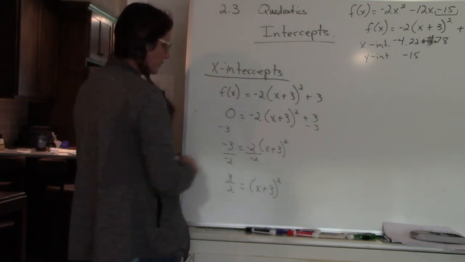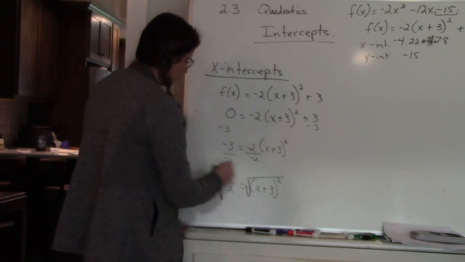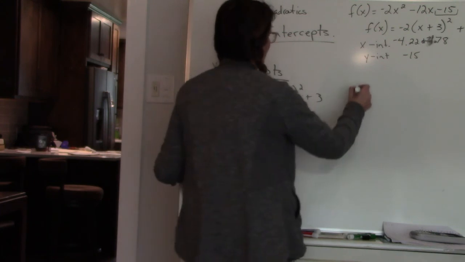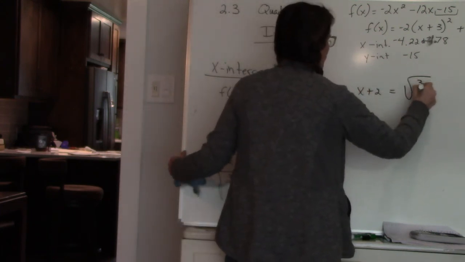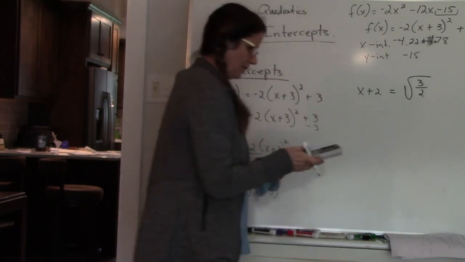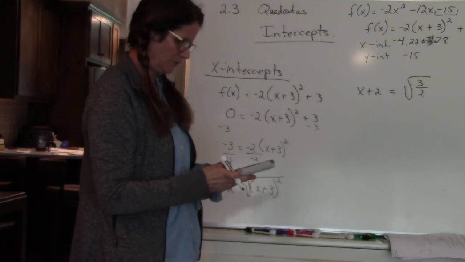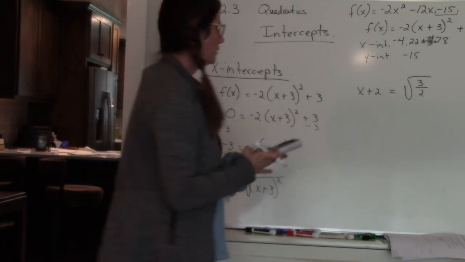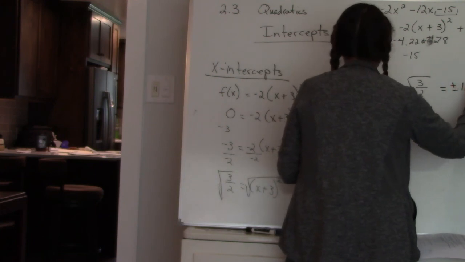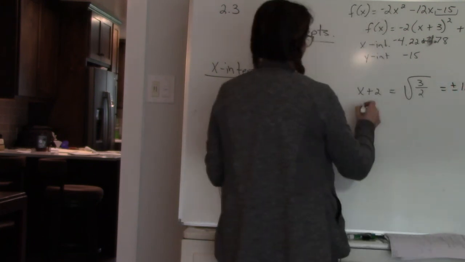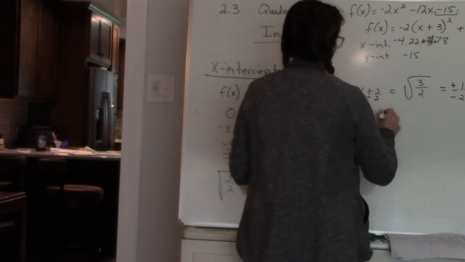Okay. To get rid of the squared, we have to square root it. So we're going to square root both sides. So we end up with x plus 3 equals the square root of 3 halves. So I'm going to calculate that out. Square root of 3 halves is plus or minus 1.2247. And then we're going to subtract 3 from both sides. So x equals